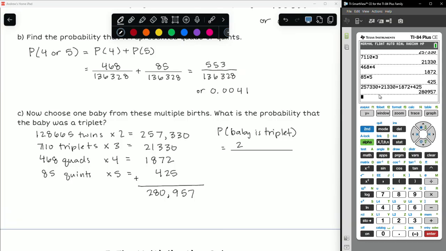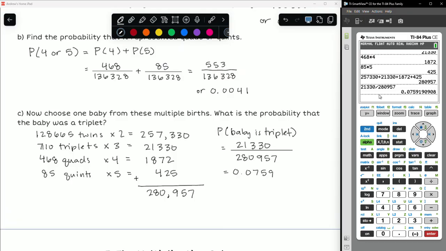So there were 21,330 triplets in that set of babies, and 280,957 total multiple births. And doing that division, we get 0.0759, which is about 7.59%. So if I'm selecting a baby at random, the likelihood the baby is a triplet is